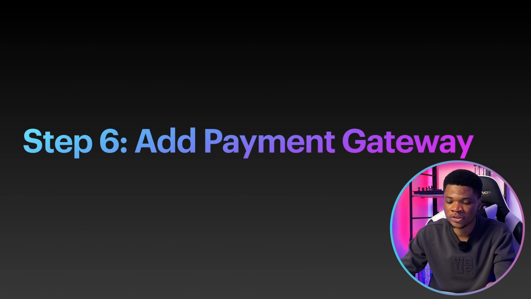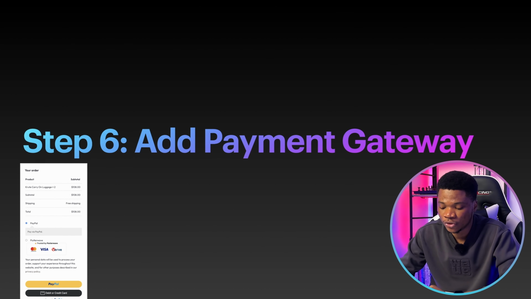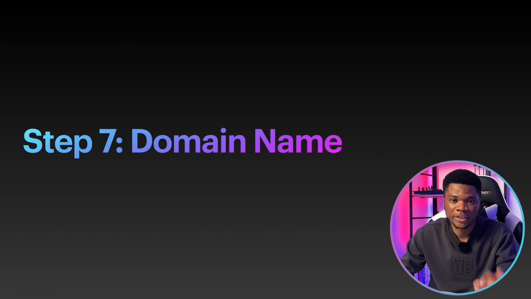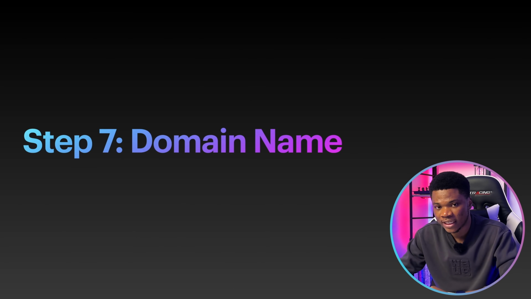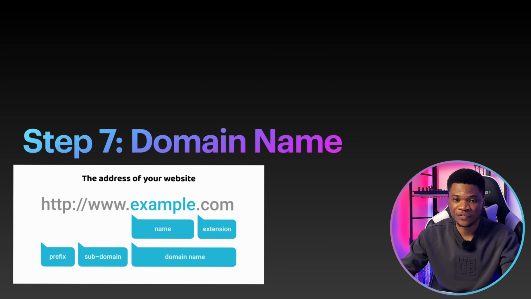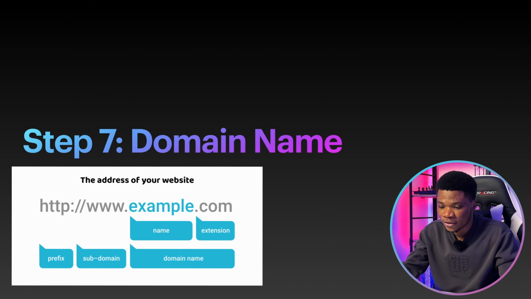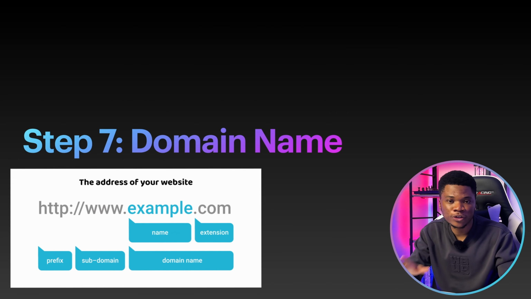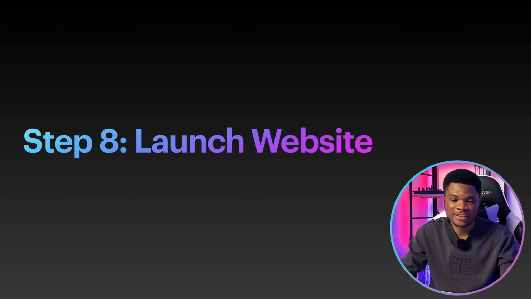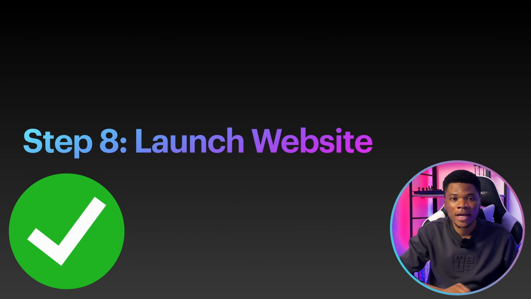Step 6, we are going to add a working payment gateway that people can use when buying stuff. And then step 7, we'll get a domain name for our website. Your domain name is the web address that people use to visit your website, something like google.com, facebook.com. So I'm going to show you how to get your own custom domain name. And after all of these steps, your website is ready to go live, which is step 8, where we get